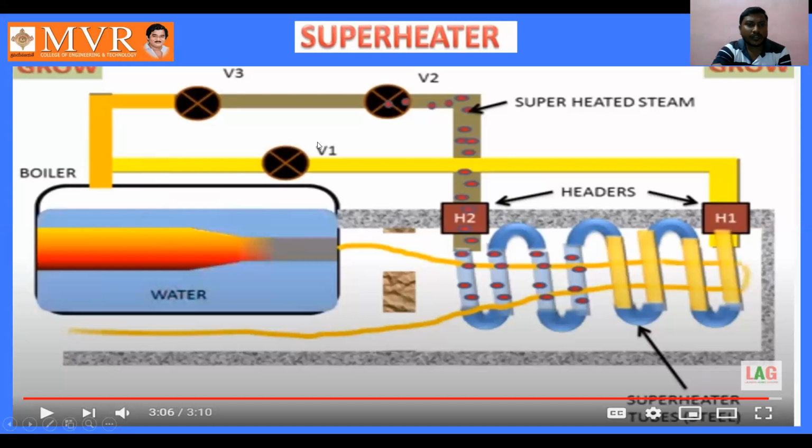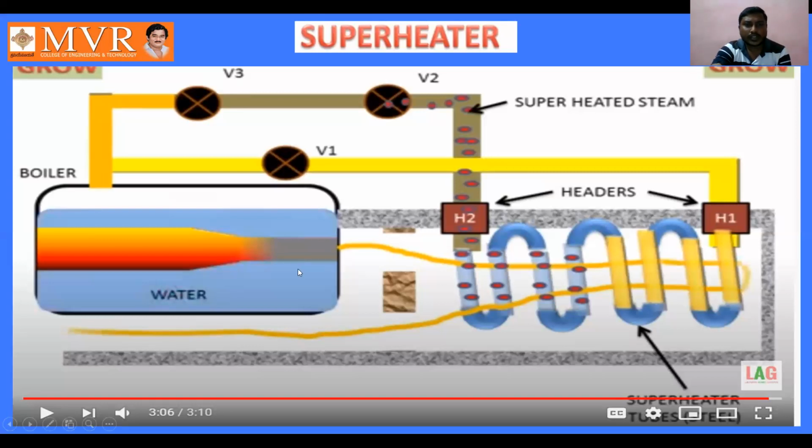At that time the V1 and V2 are closed. As these tubes are damaged, the steam should not enter into this pipe. If the steam enters into this pipe, there is a loss of efficiency of the plant. There we get the efficiency loss. For that, the steam directly enters into this V3 valve. From that V3, by using the stop valve, we use the steam where it is required.